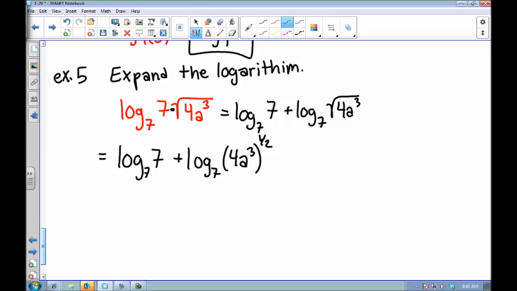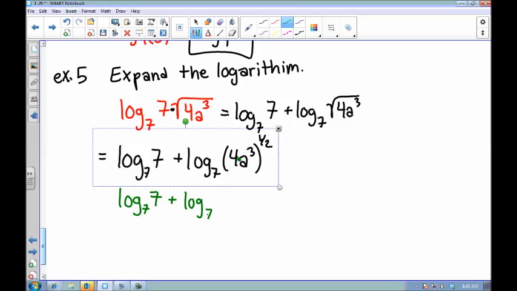Okay, guys, I actually see another multiplication. Don't you see it right here? 4 times a. So even though it looks like it's grouped with parentheses, it's being tricky. There's actually multiplication, which means when we multiply these, we have to add, so we expand them out to add. So this is going to be log base 7 of 7 still, plus log base 7 of,